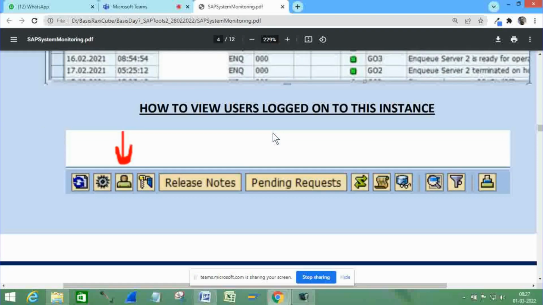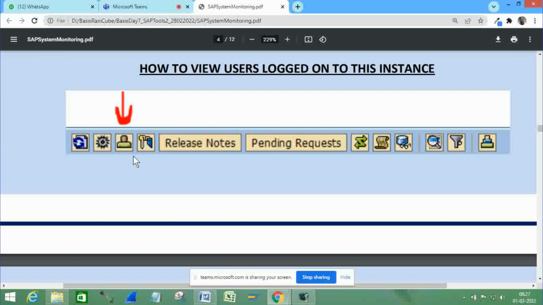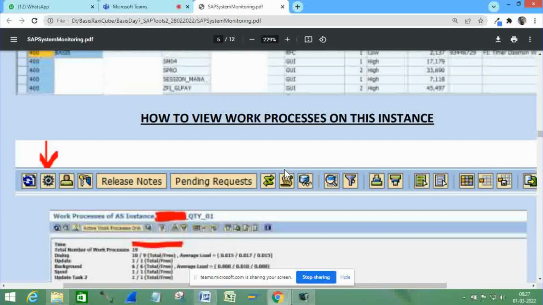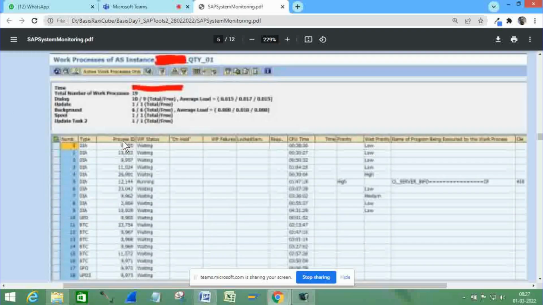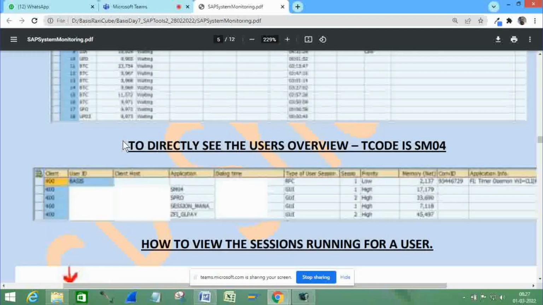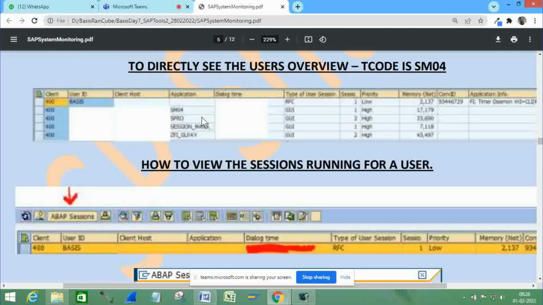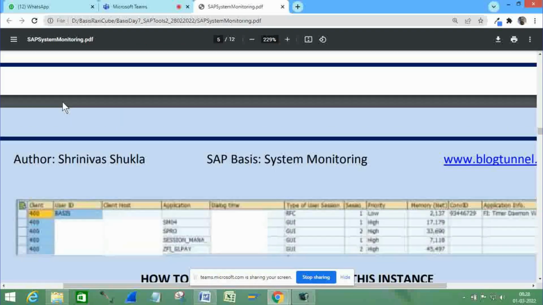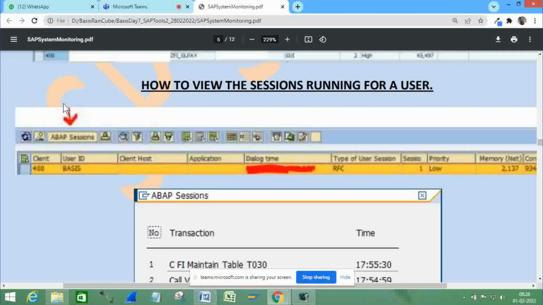Then this, as I said, shows the number of users who are logged onto the system. You click on this, it will show you the number of users who are logged in. We saw this number of work processes which are running on this server. This is the server overview that we saw in SM04. SM04 is the same transaction code. If you click here on this particular user, it will show you the same. How to view the sessions running for a user. So suppose you select this particular